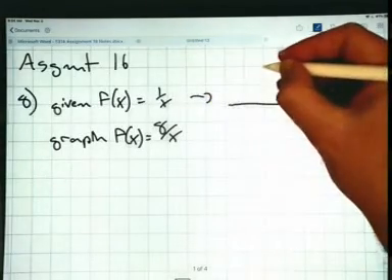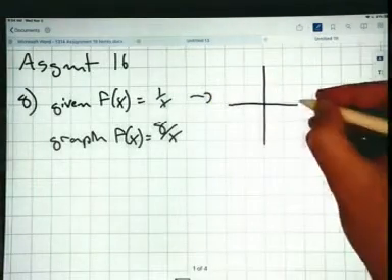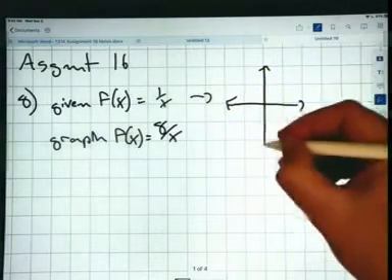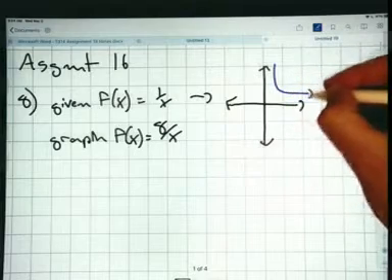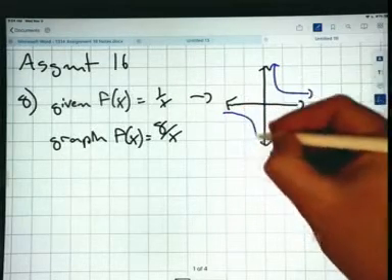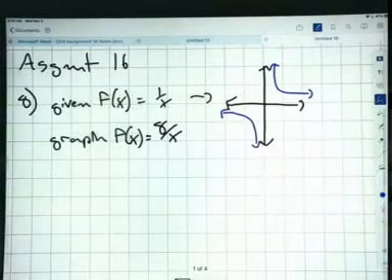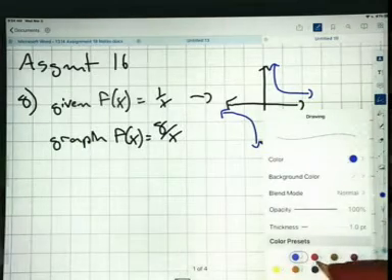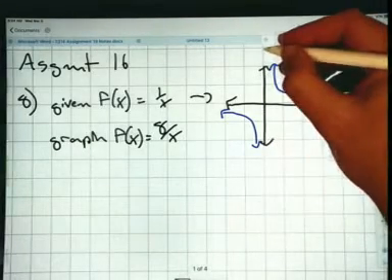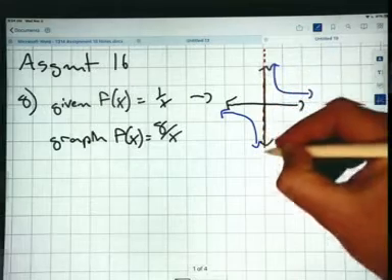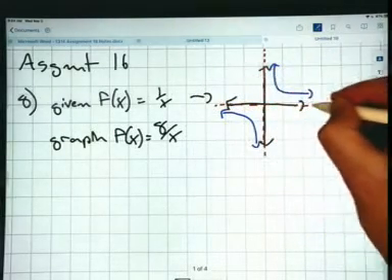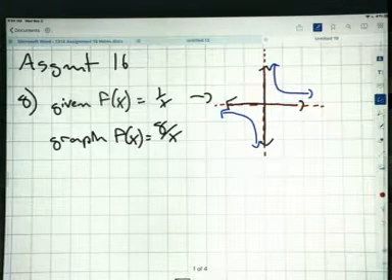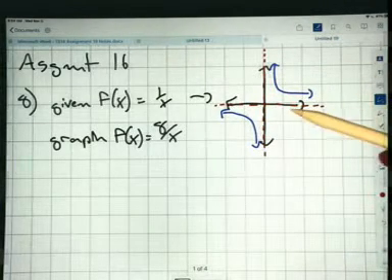And a graph of 1 over x looks something like this. Where we have a vertical asymptote at x equals 0, we have a horizontal asymptote at y equal to 0, and the graph behaves like this,